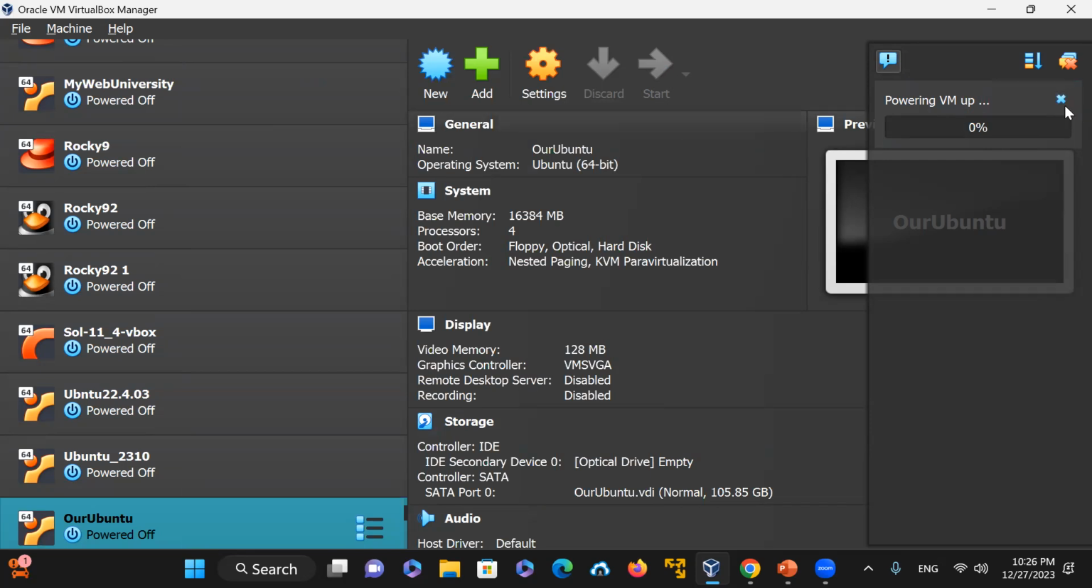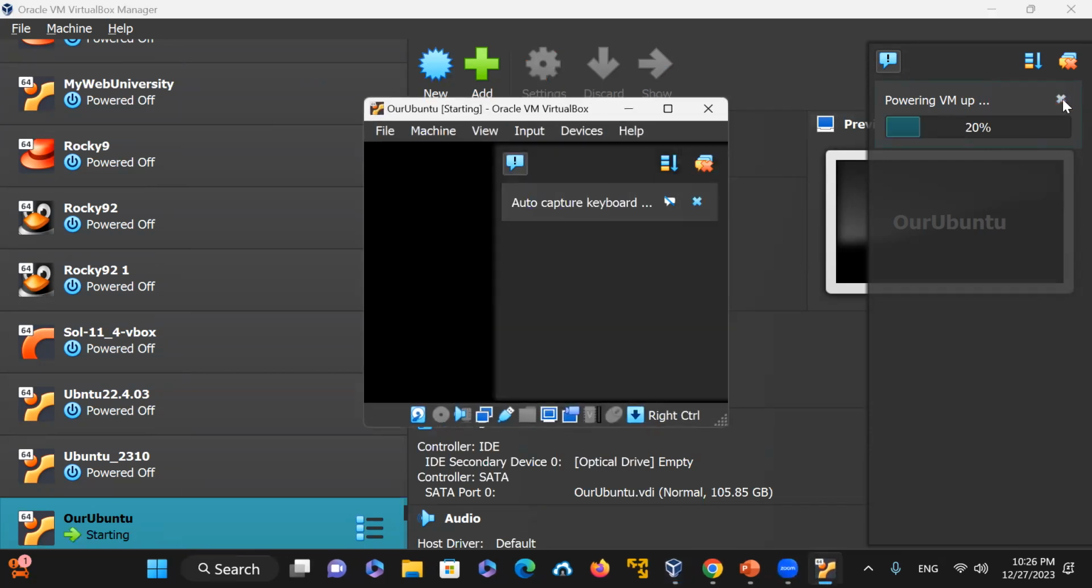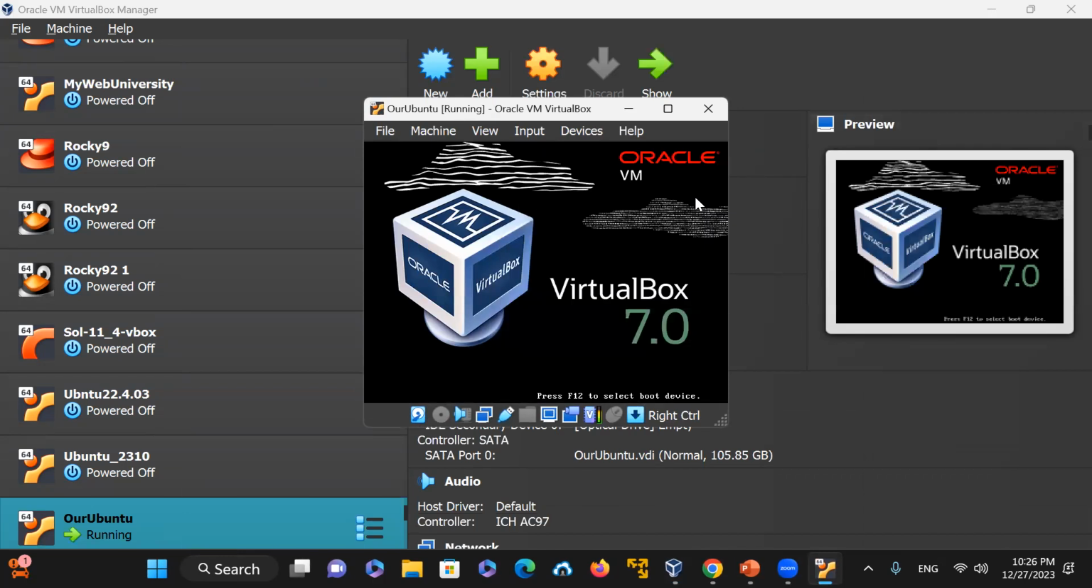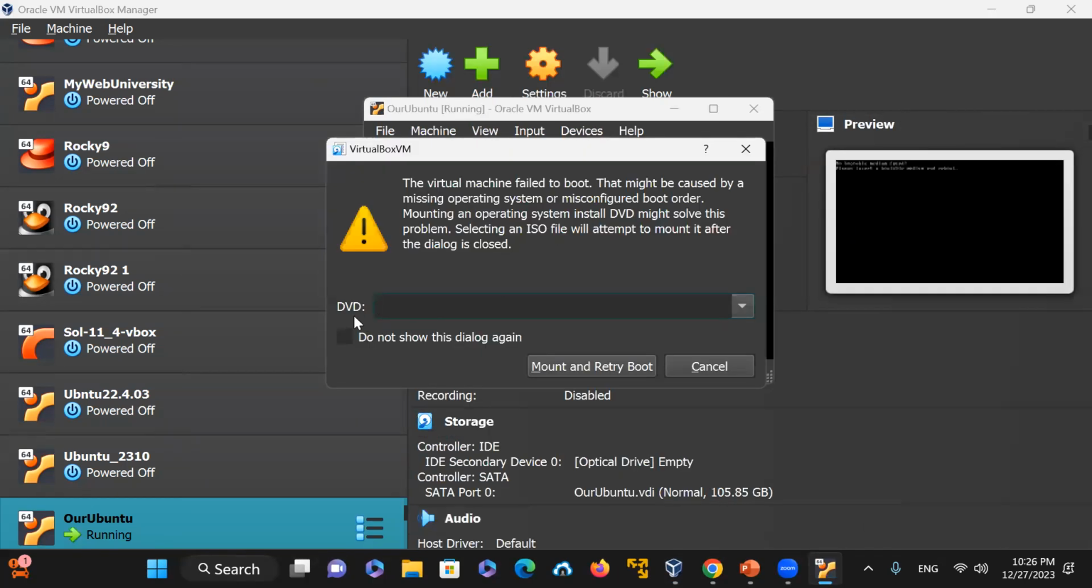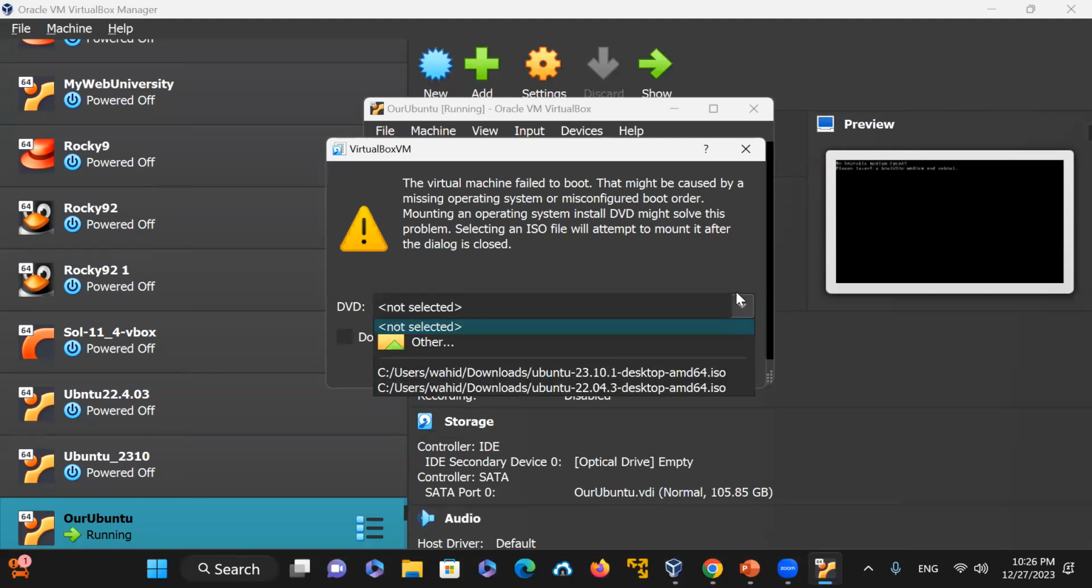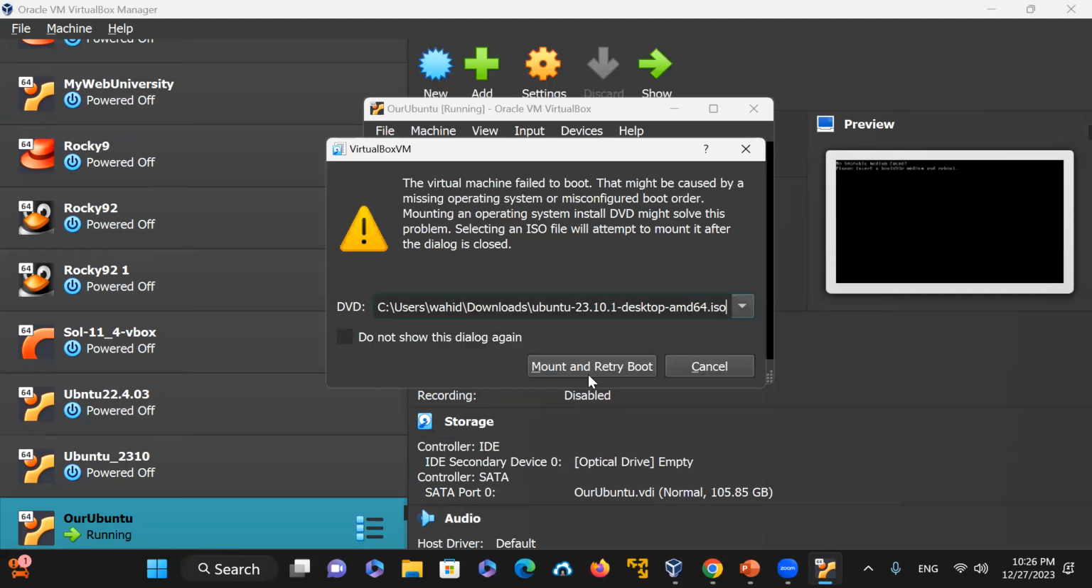Because I did not select the ISO image yet, I'm going to say next here. And then here you can see it is saying that you need to select the virtual disk image, DVD. Since I downloaded the Ubuntu 23.10 desktop ISO at this directory that I showed you here, I just select